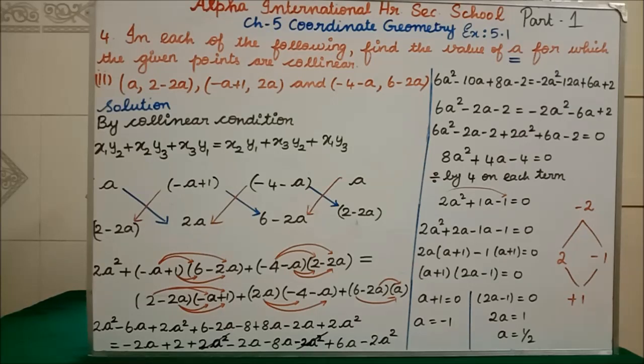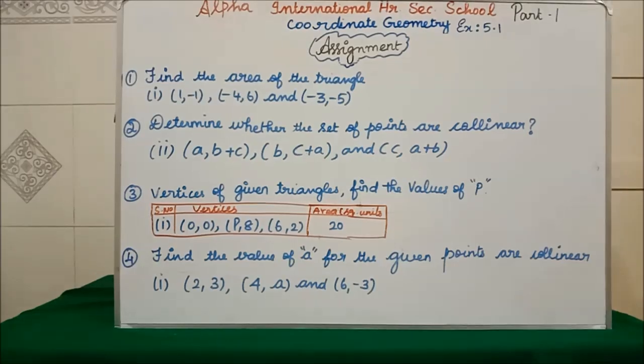Clear students? In fourth question, second subdivision is only this much big and first subdivision is very easy. So, try by yourself. Next, we will see the fifth question. Fifth question we will see in the part 2 video. Now, this is your part 1 assignment. So far, we have done exercise 5.1 problems, isn't it? The same model, you are going to do these 4 questions as your assignment. In exercise 5.1, in each subdivision, you will be having 2 problems, isn't it? I have done 1. The remaining 1 you are going to do as the assignment. The same model you are going to try.